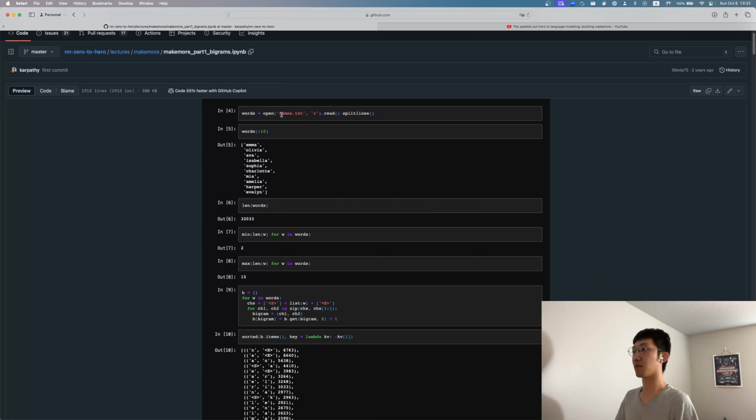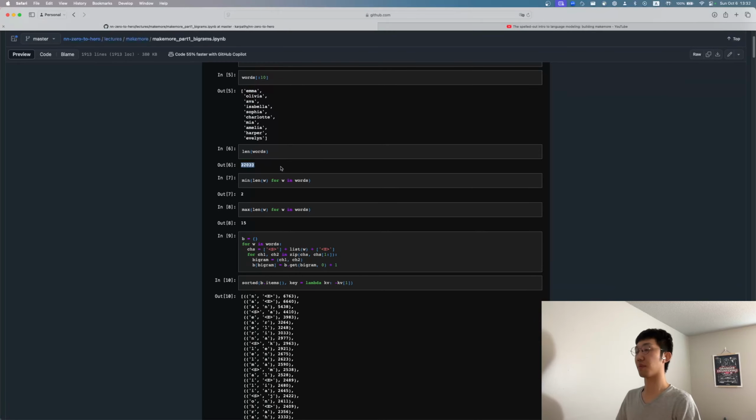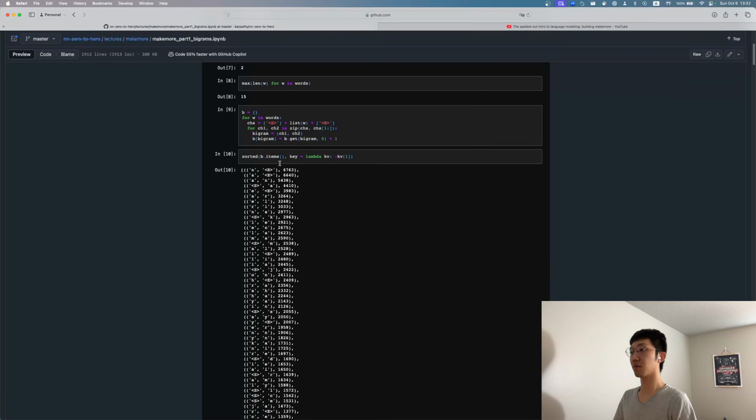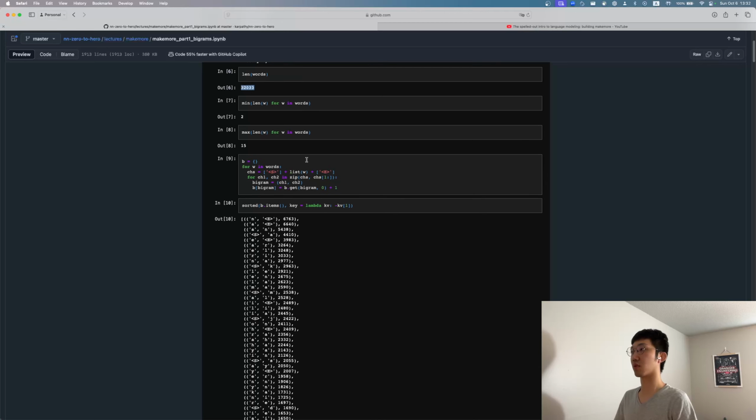So first we have this names.txt, which has names like Emma, Olivia, Ava, something like that. And we have 32,000 of them. And we want to build the bigram, which is two characters, for example here, this N and A means that N is followed by A, and we want to count how many times it occurred in our names list. So we just create a dictionary,